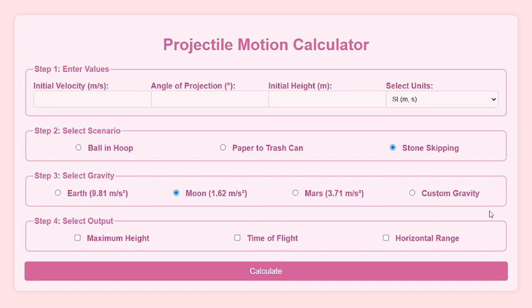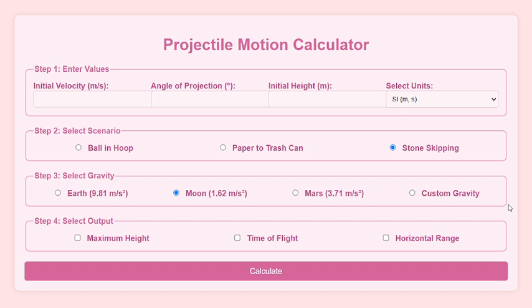Everyone, today I will be giving you a walkthrough on my teaching page which is about projectile motion and how to calculate it. Here I used the HTML control forms taught to us by Sir Britt. As you can see, I've used the field set control to organize each category better and to make it more